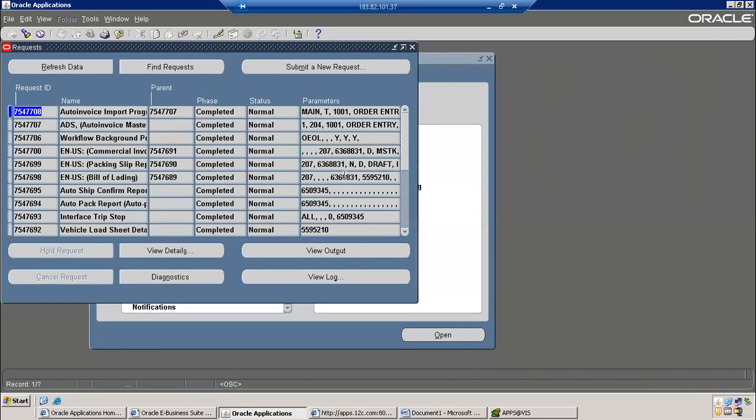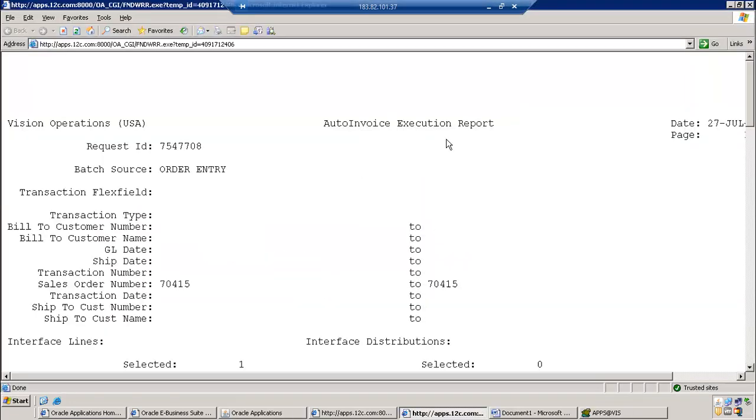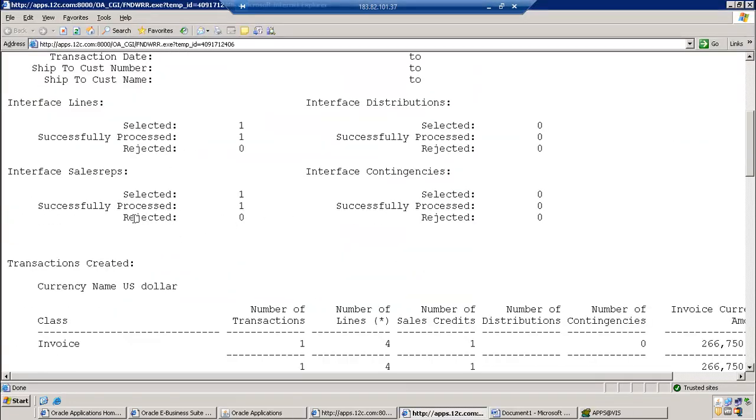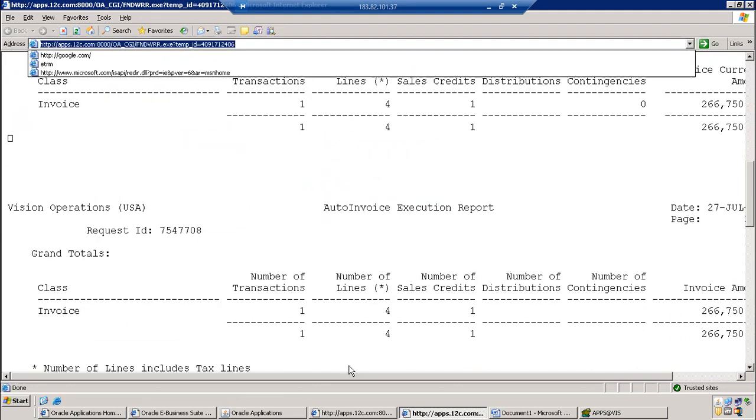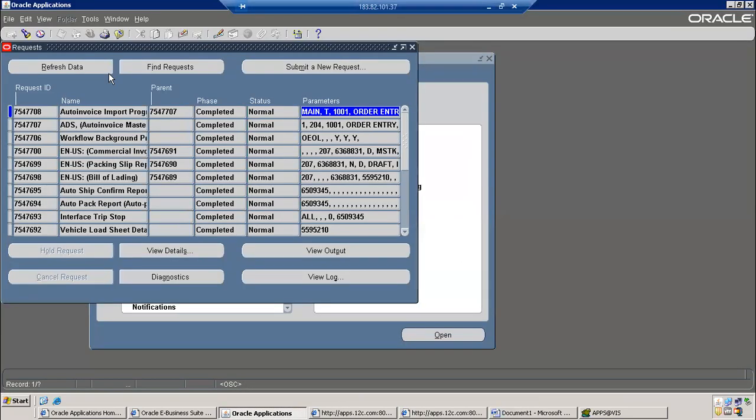Yeah, it's completed. If you check the V output here, earlier also we checked it. Now you see there is no rejected count at all. Rejected count is 0 here and successfully processed is 1. But what it has processed, it has not given. Definitely we can go with the application,